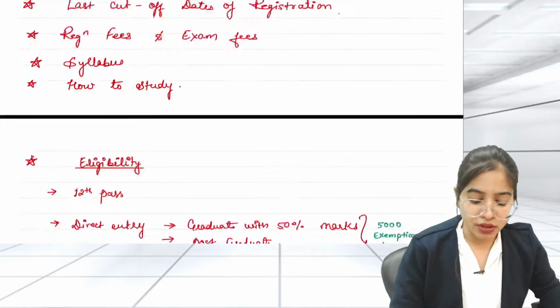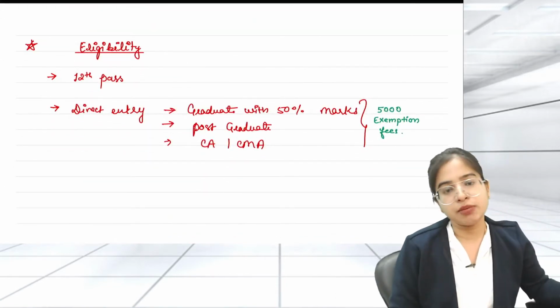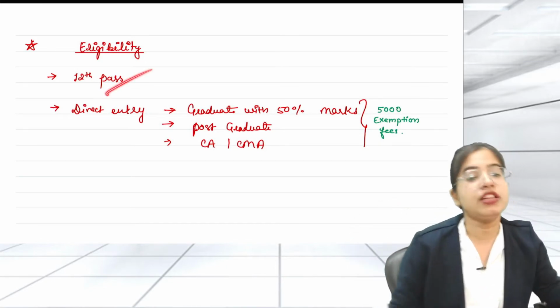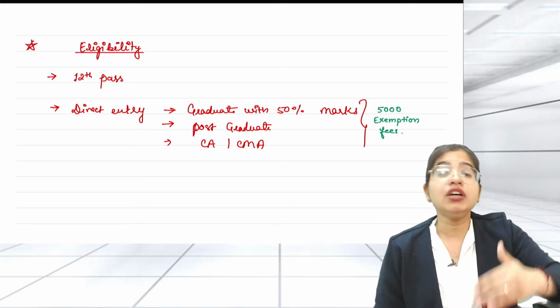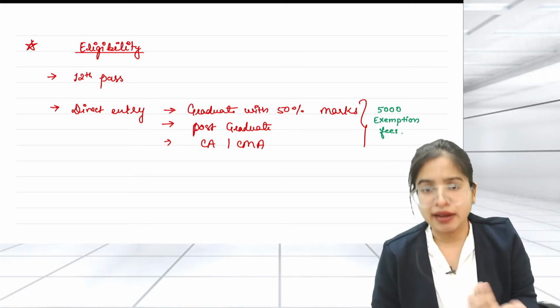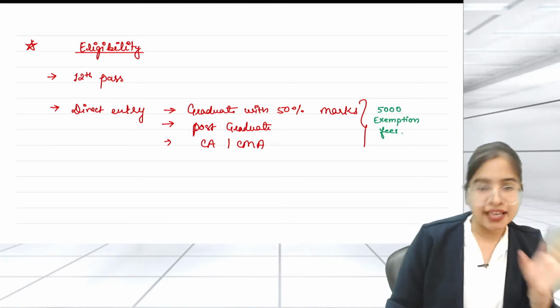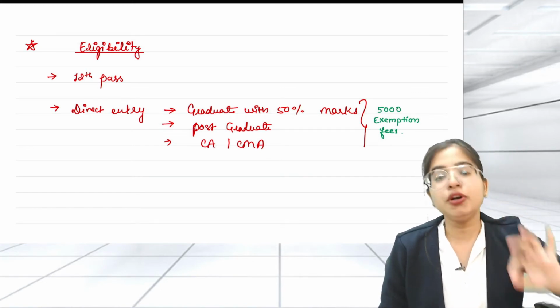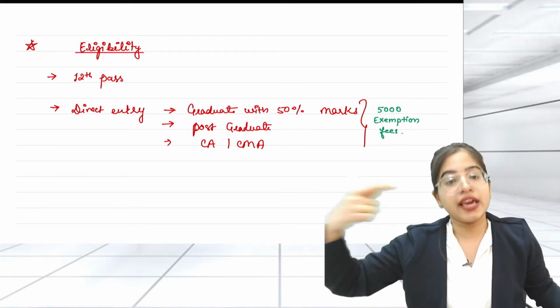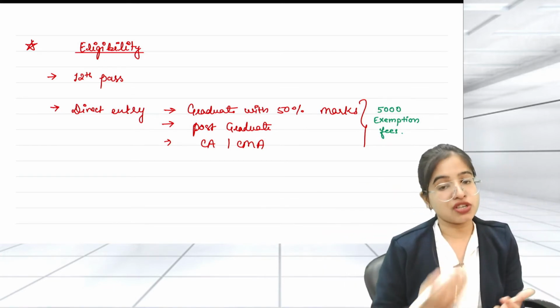So let's start with the eligibility criteria. What is the eligibility criteria? For getting admission or registration in executive, you must be a 12th pass out student. However, if you are a 12th appearing student and you haven't yet cleared your 12th exam, still you can give your CSET exam. You are eligible to give CSET even if you are not 12th cleared. But for taking admission in executive, you have to be a 12th pass out because you have to give your